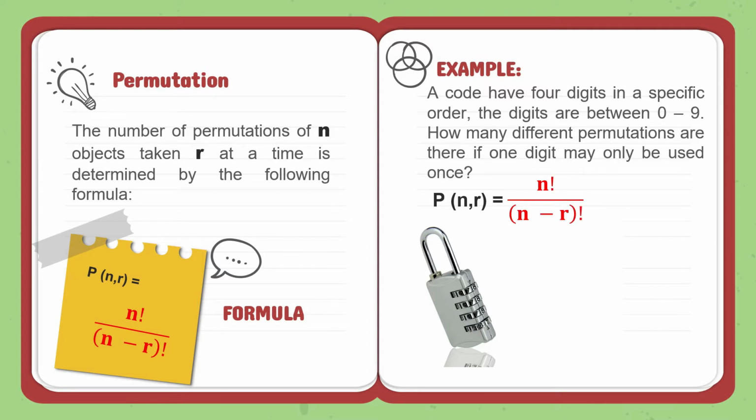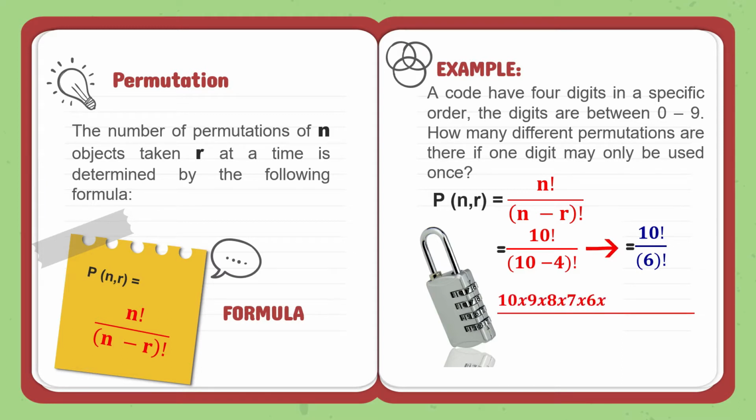Substituting these in our formula n factorial over n minus r factorial, we have 10 factorial over 10 minus 4 factorial. Solving 10 minus 4, this will give us 10 factorial over 6 factorial. 10 factorial is equal to 10 times 9 times 8 times 7 times 6 times 5 times 4 times 3 times 2 times 1 over 6 factorial, which is equal to 6 times 5 times 4 times 3 times 2 times 1. We can cancel the numbers in the numerator that are the same as in the denominator, and these numbers are